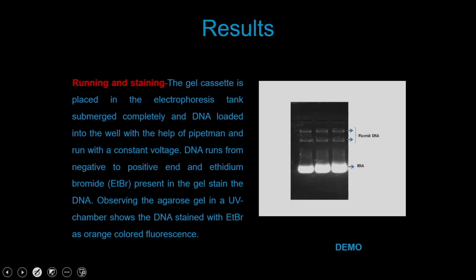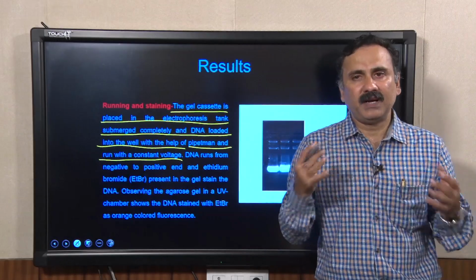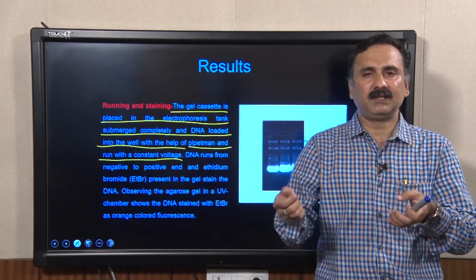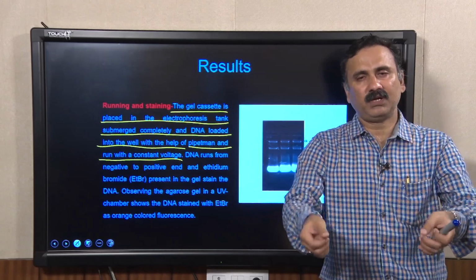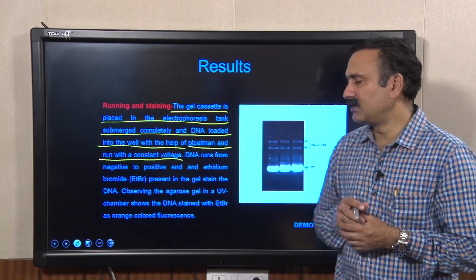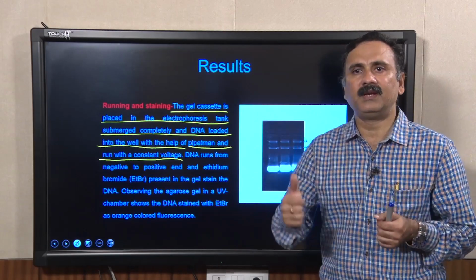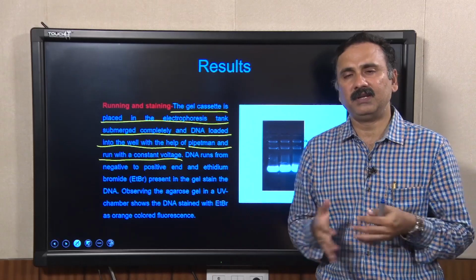Now, the gel cassette is placed in the electrophoresis tank, submerged completely, and the DNA is loaded into the well with the help of a pipette man and run with a constant voltage. So, once the gel is prepared, you can take the gel from the gel cassette, put it into your running buffer in the electrophoresis chamber, and then you load your DNA, and connect it to the DC power.